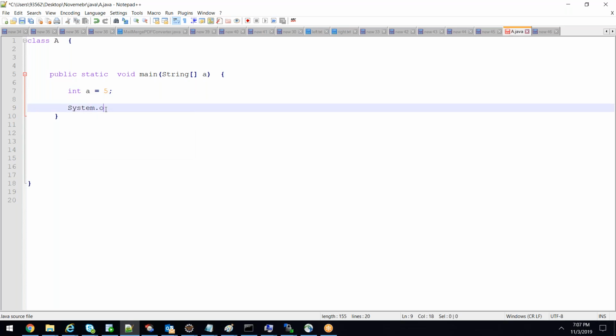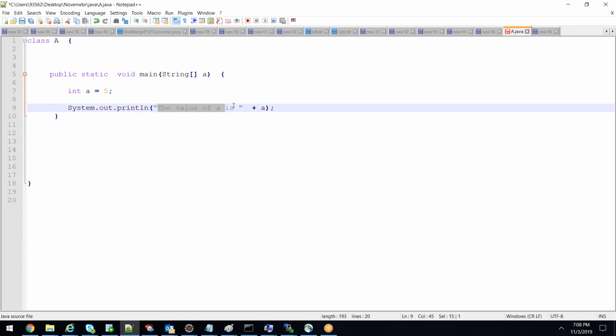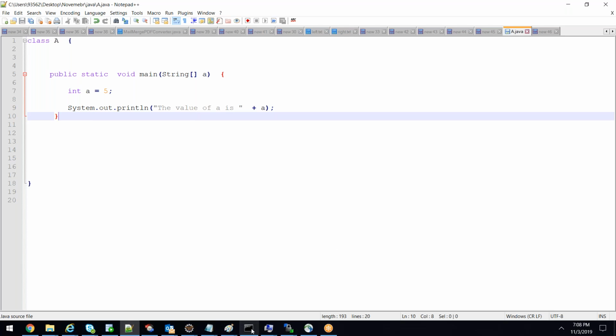System.out.println, "the value of a is" plus a. What I'm doing here is concatenating this particular string with a, which is an integer. The value of a is 5, so I'm concatenating the string and 5. I'll get "the value of a is 5". It will concatenate, correct? So when I compile this program,